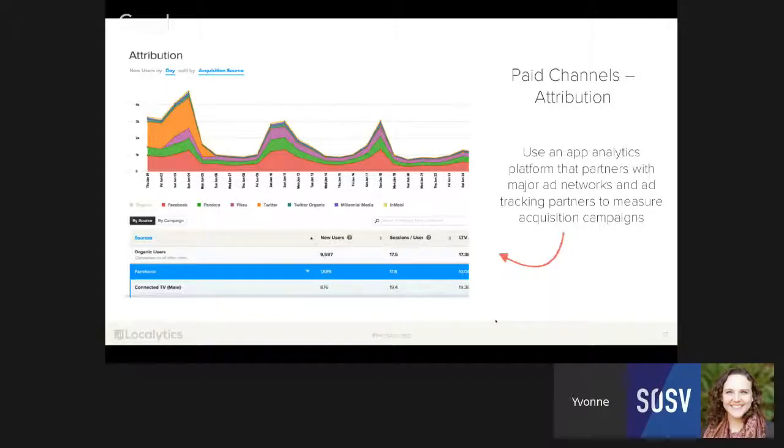And this is actually a screenshot from the Localytics dashboard. Localytics is a certified Facebook marketing partner, Twitter mobile measurement partner. We partner with essentially all the major ad networks out there, including Kochava, Millennial, Tune, but basically, being able to attribute spend and then optimize your spend to different channels is one of the most important things that you can do if you are going to pursue a paid acquisition strategy.